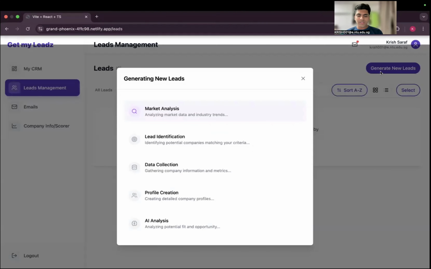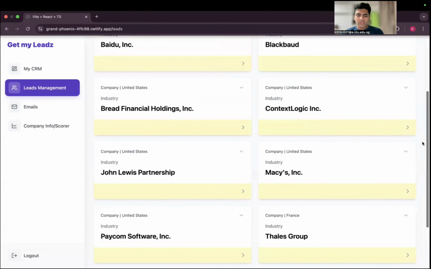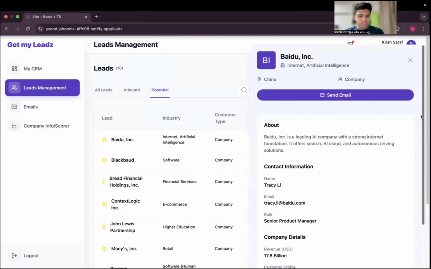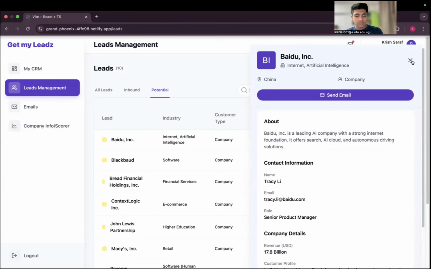I just click on Generate New Leads, and it performs market analysis, identifies leads, collects data, creates profiles, and conducts an entire AI analysis for me. And once all of this is done, boom, I can instantly see 10 new companies with all of their information stored here, including the company's location, revenue, what the company does, what the company's customers think about it,